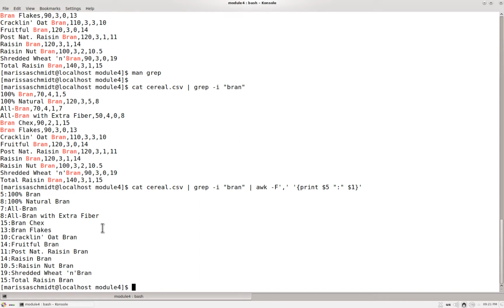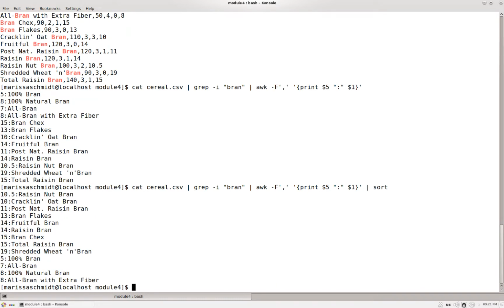So I'm going to hit the up arrow. That's what I've been doing so that it saves my command. Actually, I should note that so that I don't have to type it every time. I hit the up arrow. I pipe that output that I just generated into the sort command. So if I say sort,